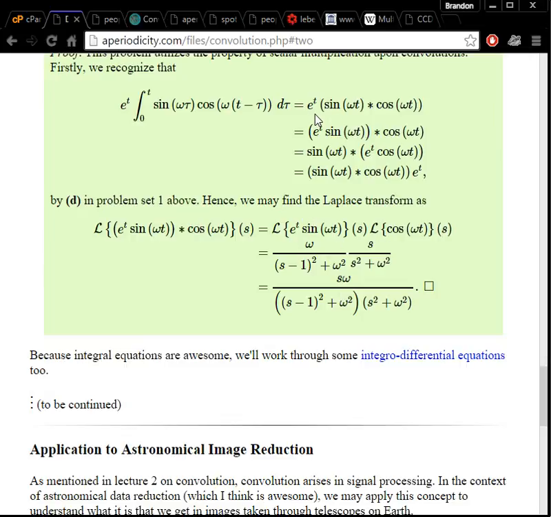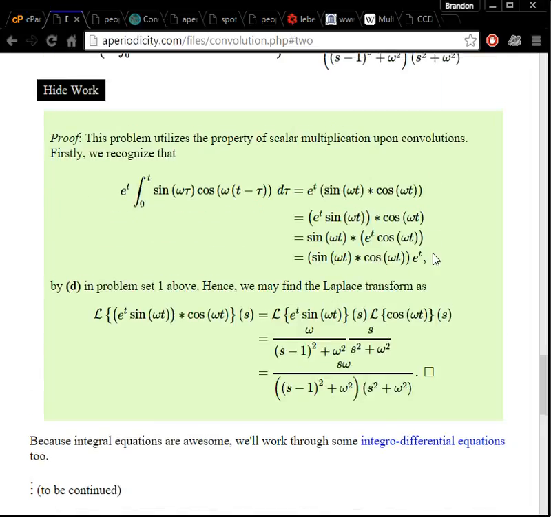So e to the t can come in with the sine of t, as in this step, or the cosine of t, or we can just put it to the other side. I tried to emphasize that with all of these steps. I chose to stick it with the sine of t because it's always easier to take the Laplace transform of a sine instead of a cosine. I don't know why, it's just easier to remember. And then,